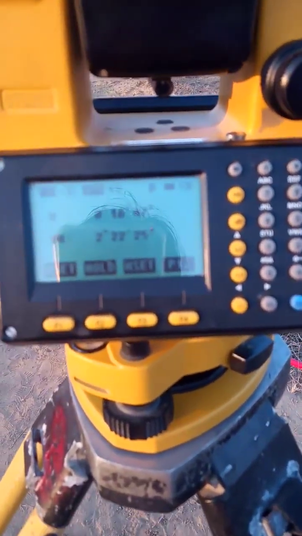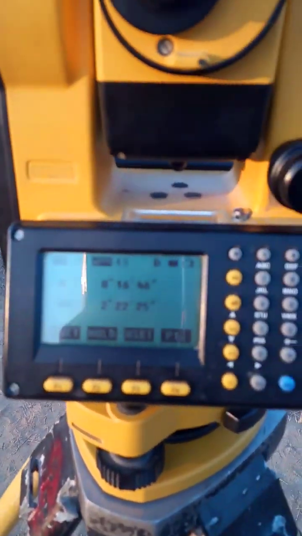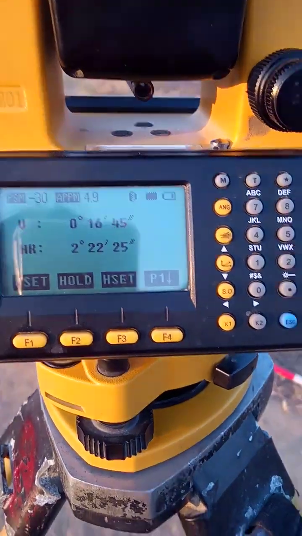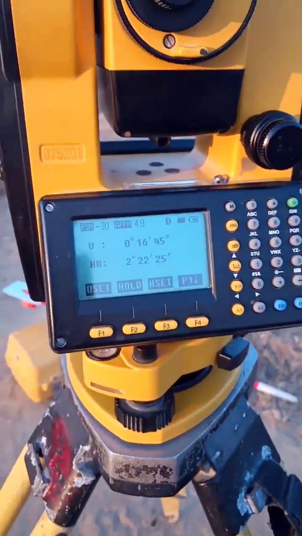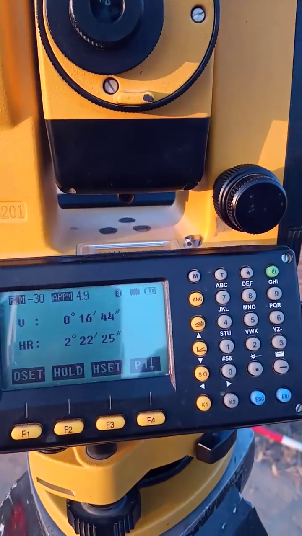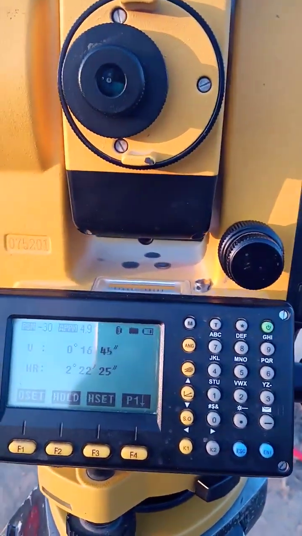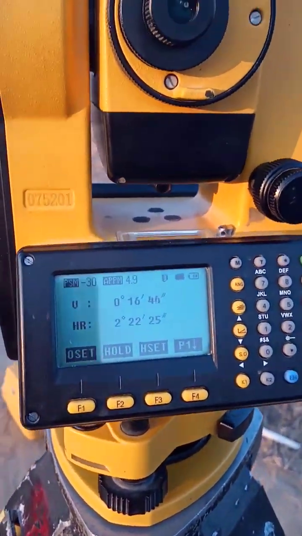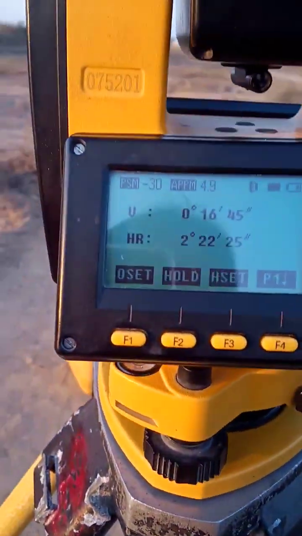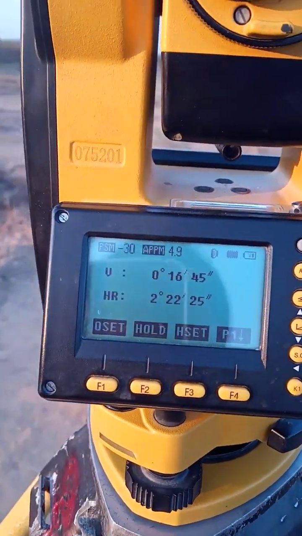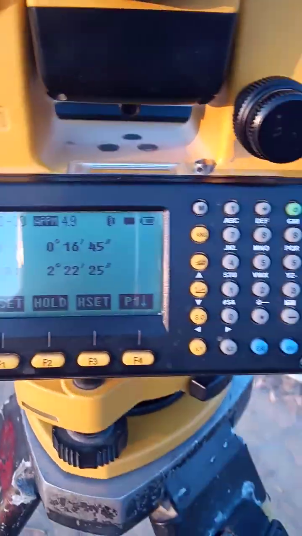We will type the point, but first of all, we have done the resection according to the reference of our present temporary benchmark. The bearing of our total station is also set, and the angle is also set. That is, we have set it in the working of our project.